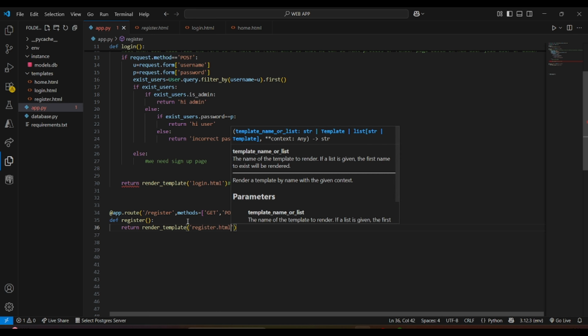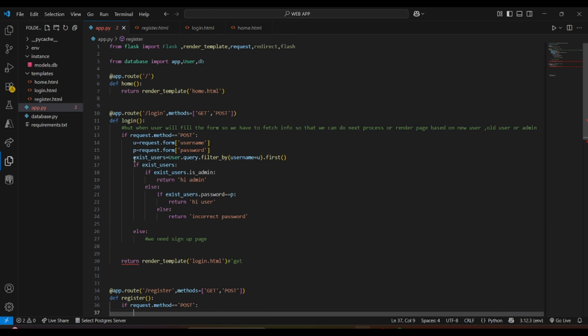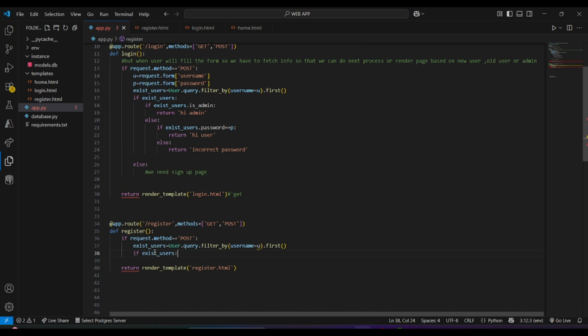But if someone fills the register form, we have to check whether it is a new user or an old user. So how will we check? By the POST method, which will bring all the information the user fills in the register form. As we have done in the login route, we will simply copy that, but this time with a change.